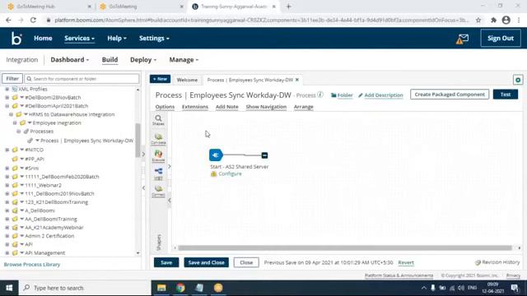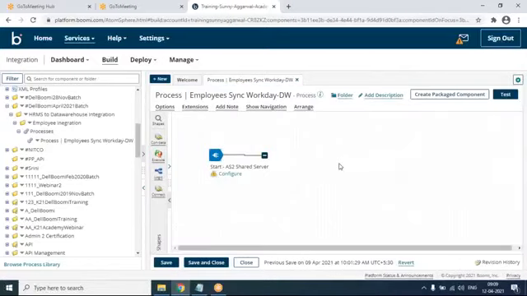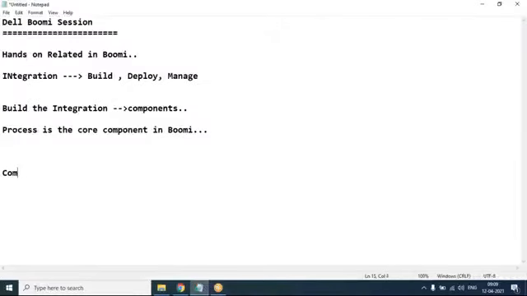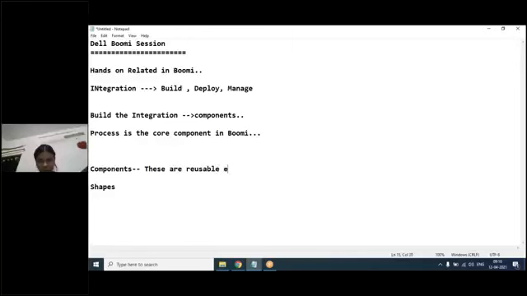Now whenever we start with the start shape, so whenever we start with a process, process is a component. There are two things you will hear when you're working in Boomi: one is component and the other is shape. What are components? Any idea, guys? Reusable entities. So these are reusable entities